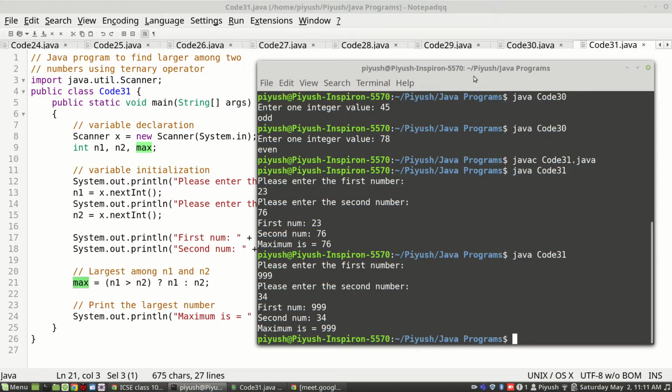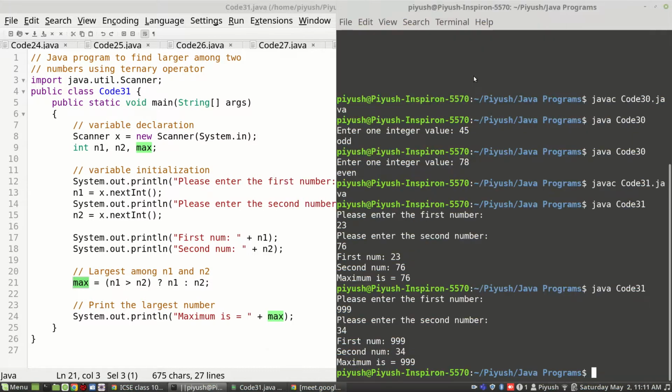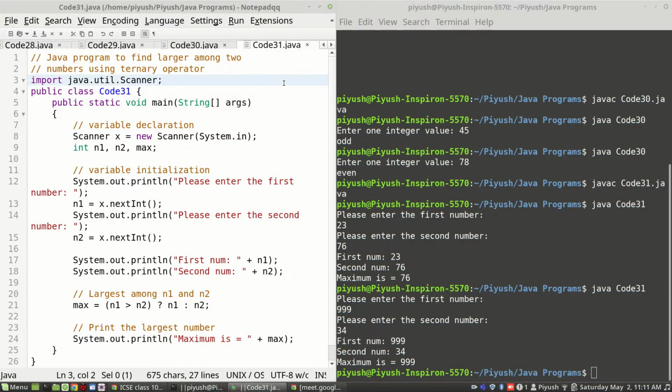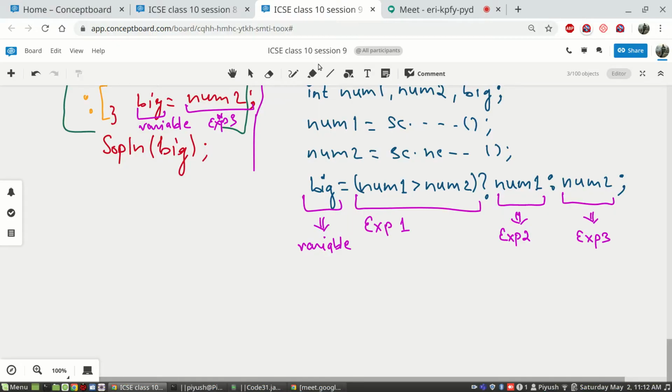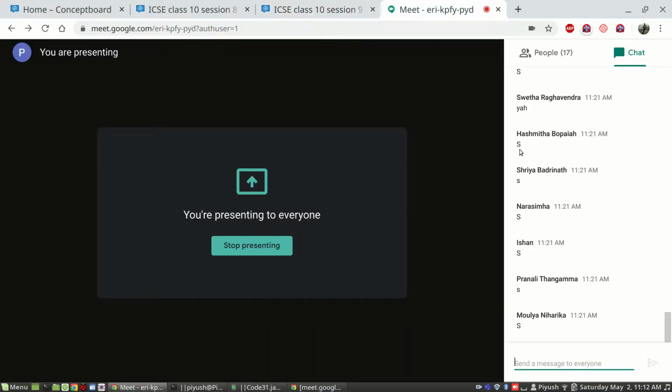I'll split the screen so that you can analyze the program in a better way. Just have a look. If that makes sense, let me know. Okay, so is this thing clear?